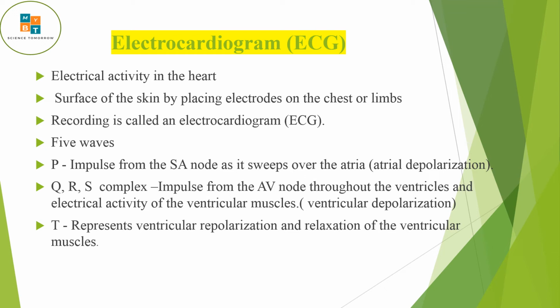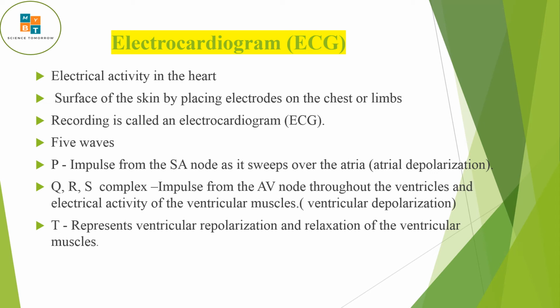So the impulses go throughout the ventricle system, to the ventricle muscles. So we have impulses going from the AV node throughout the ventricle system. You call it a ventricular depolarization. That is the moment the impulses get to the ventricle and start the contraction. So basically, you can take it as the ventricular contraction, because as the depolarization is there, you get the contraction. Basically, it is not happening at the same time, but you can take it as